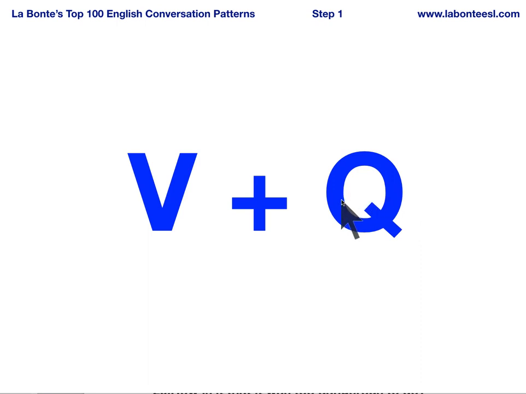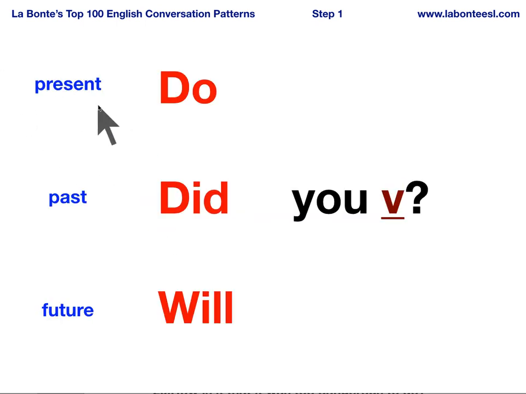So the first thing I ever teach a student and make sure they feel comfortable with is how to make a positive question with a verb. Now, the students don't need to know what a verb is. They don't need to know what positive means. I know what it means. I know what I want to teach. And this is the goal that I have for that first